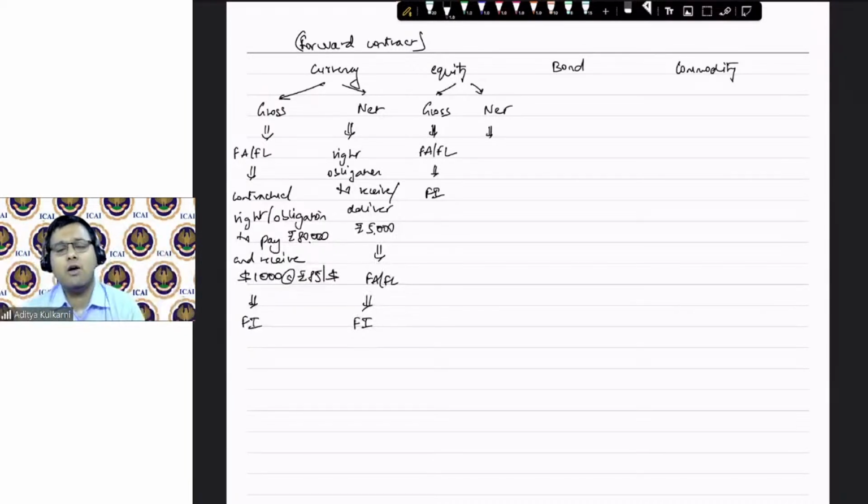I have entered into a contract to buy Reliance shares for 2,500. The market price on the date of settlement is 3,000. So you tell me that I will not pay you 2,500, you need not pay me 3,000, you need not give me the share of Reliance. Instead, you pay me net 500. Is the net settled contract meeting the definition of a financial asset slash liability? Net settlement.